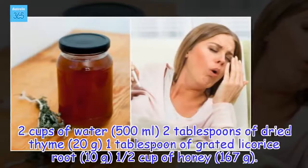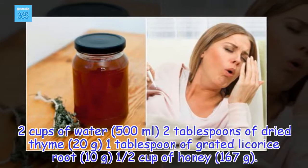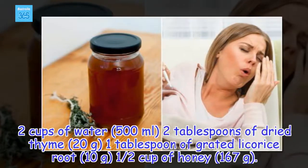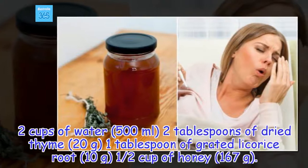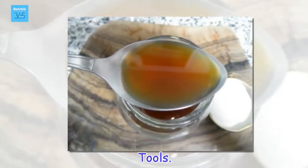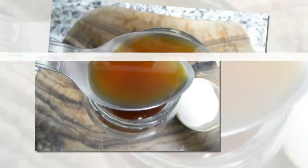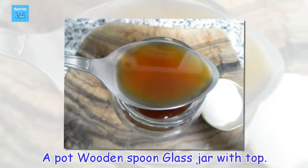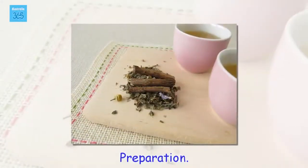2 cups of water, 500 milliliters, 2 tablespoons of dried thyme, 20 grams, 1 tablespoon of grated licorice root, 10 grams, 1/2 cup of honey, 167 grams. Tools: a hot wooden spoon, glass jar with top. Preparation: